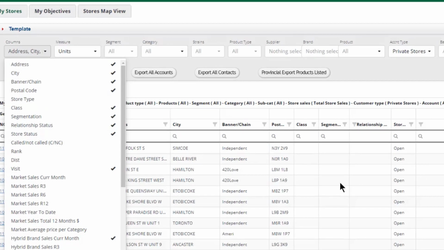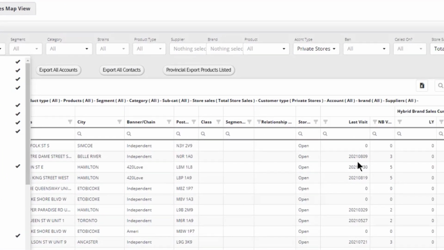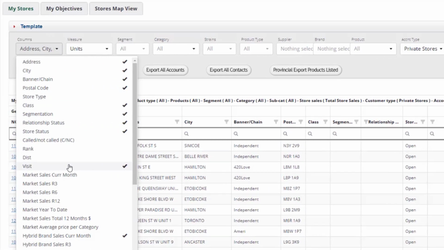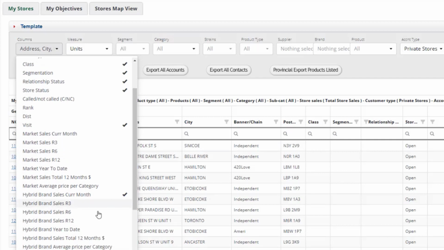The visit, which will allow you to see the last time you actually visited each of the accounts and the number of times you visited them in the last year. If you are in a province where sales data is available, make sure to check off market performance as well as your own agency's performance. If market data is not available in your province, make sure to check off your own agency's sales for the